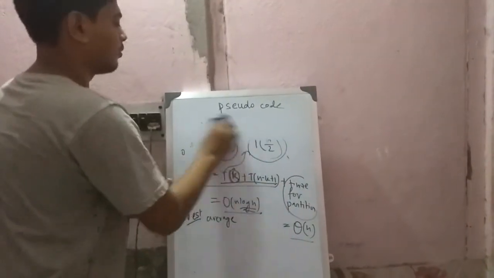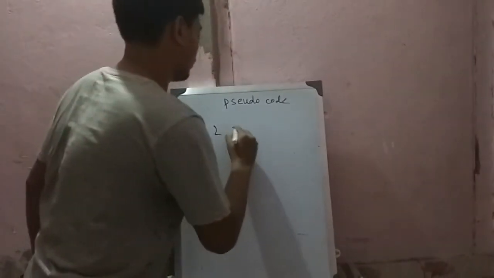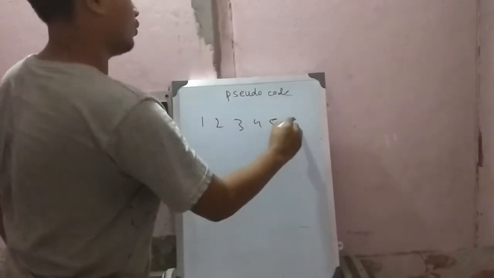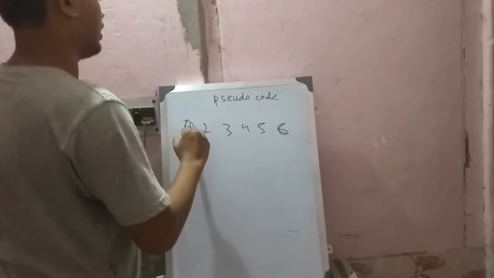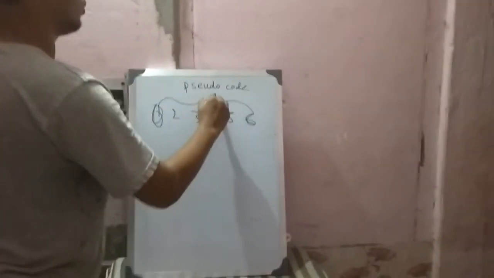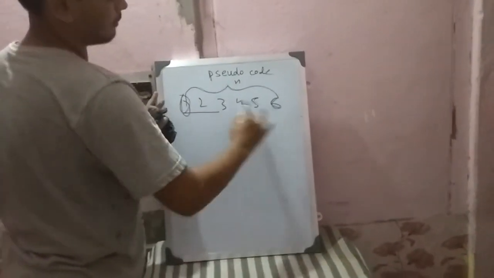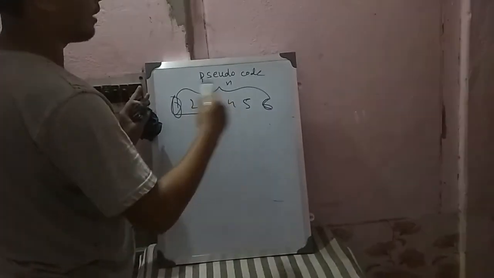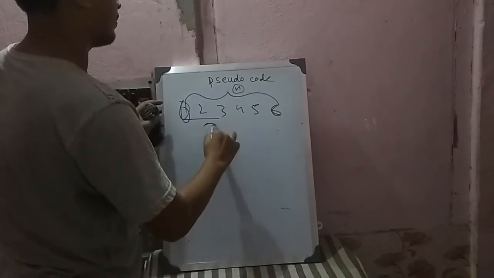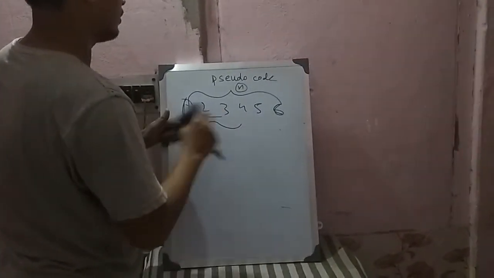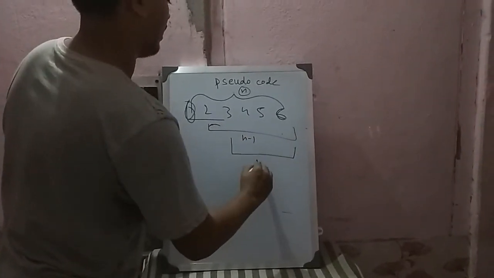So in the worst case time complexity, suppose there is an array 1, 2, 3, 4, 5, 6, and you take the pivot 1. So take the pivot 1, you have to do n. So if the elements in the array are in sorted order, you have to change your pivot one by one. Okay, so in the first pass it is n, in the second pass it will be n minus 1, in the third pass it will be n minus 2.